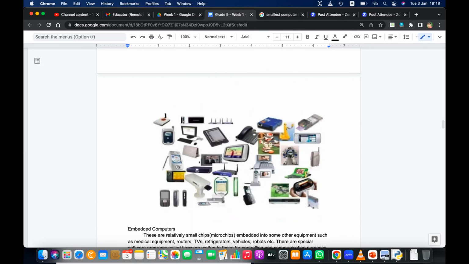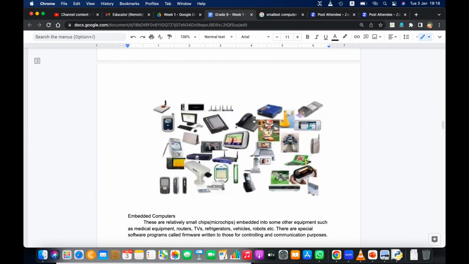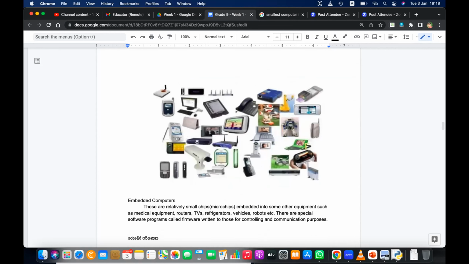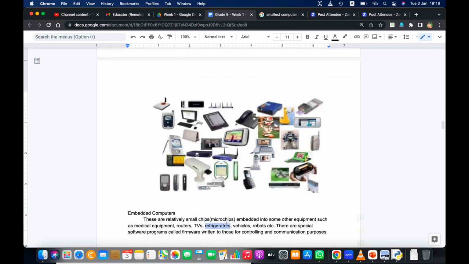So let's write down this small note quickly. Embedded devices are actually small chips, microchips. And another thing to be added: